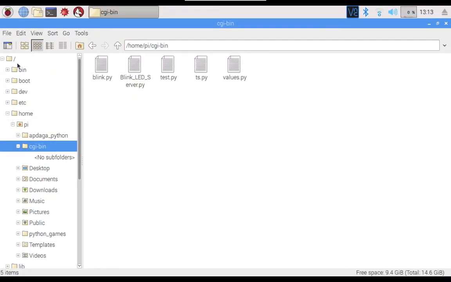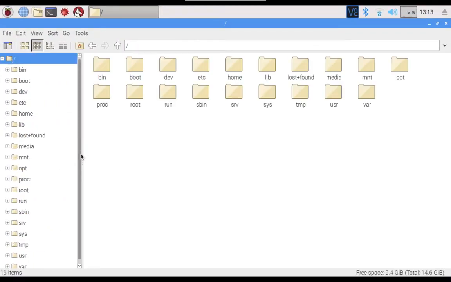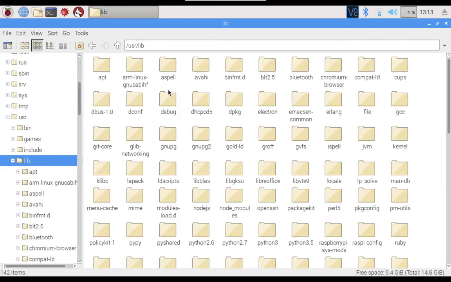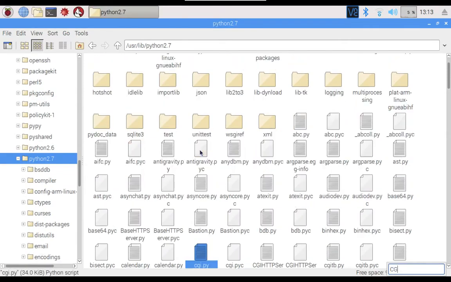So we will go to usr, lib, python2.7 and CGIHTTPServer.